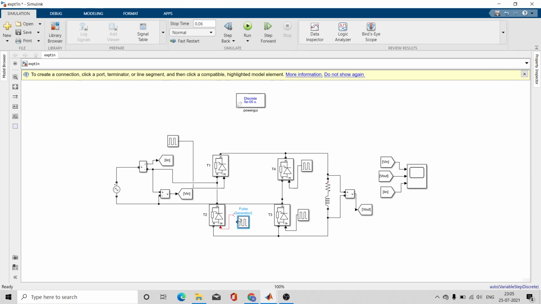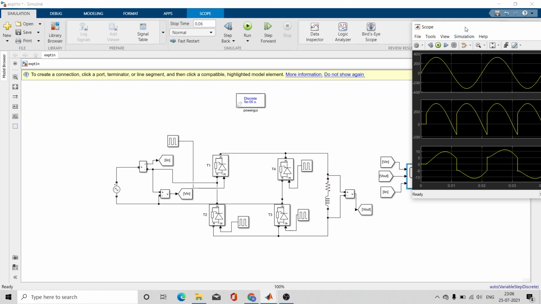Let me delete this one and create this one. Okay, let me connect now. Yeah, right. This is the exact output that I wanted.